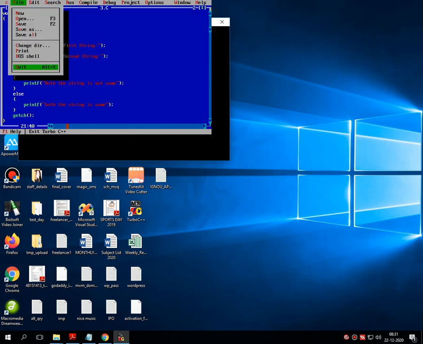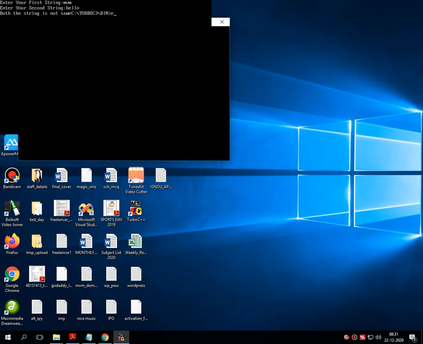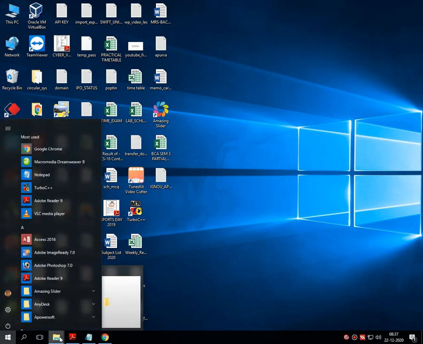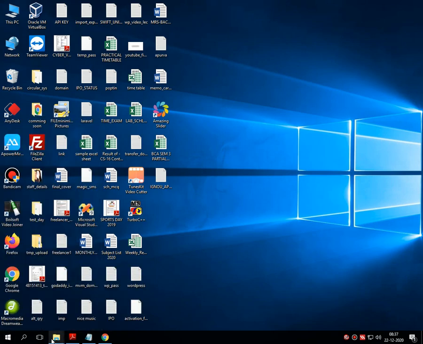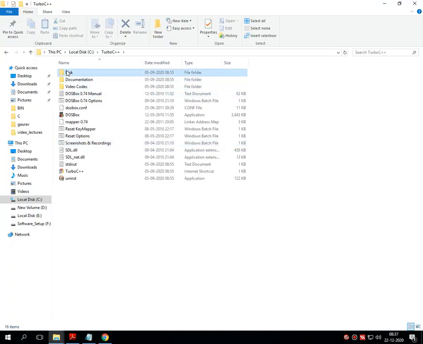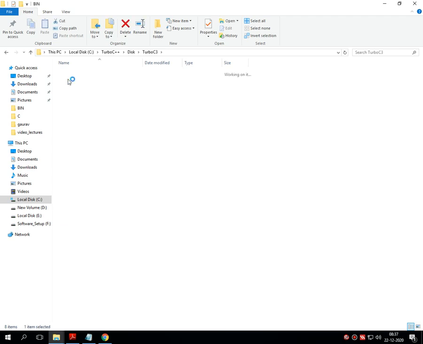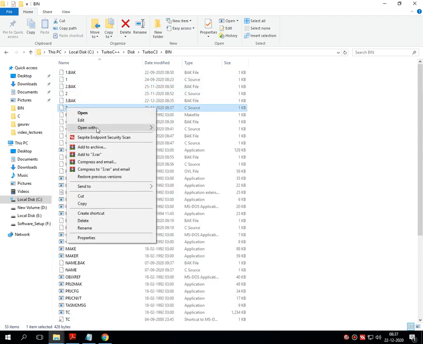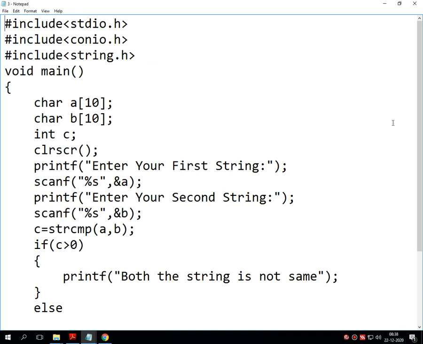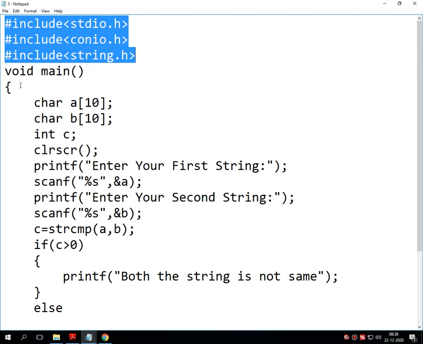Now let's see this particular program in Notepad for better visibility. Hash include stdio.h, console input output.h, and string.h.